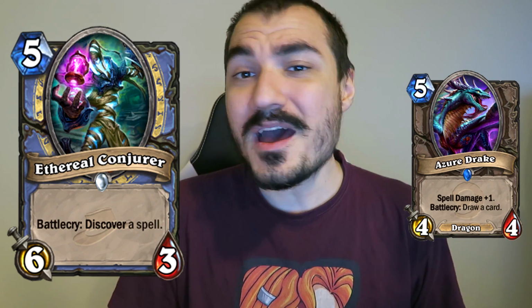It seems that in most Tempo Mages, the 5-drop of choice is still the Azure Drake, as it's often better to just draw a card rather than fabricate one in the case of Ethereal Conjurer. But he does make some lists. For instance, if you take a look at some of the Reno mage decks out there, when you have to expand a little bit more in terms of the card pool, it does hit like every single one of those lists. He has hit, I think, some control mage deck lists, and we'll talk about why that is,